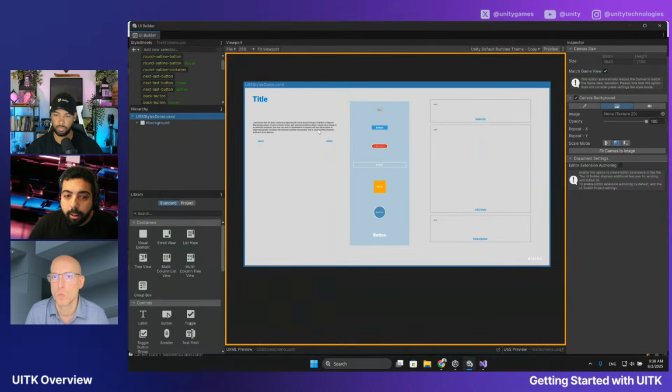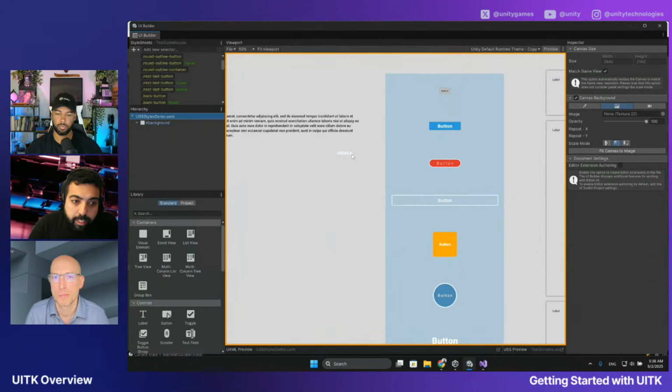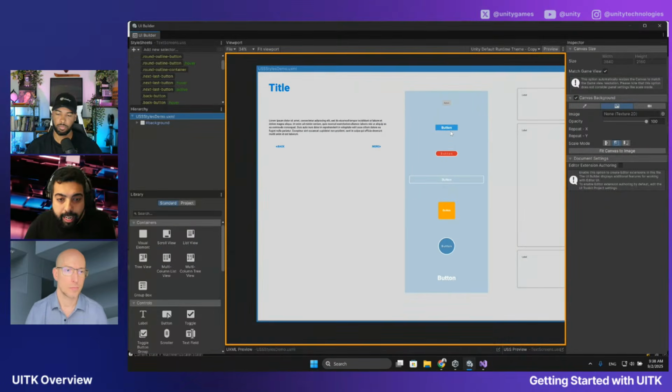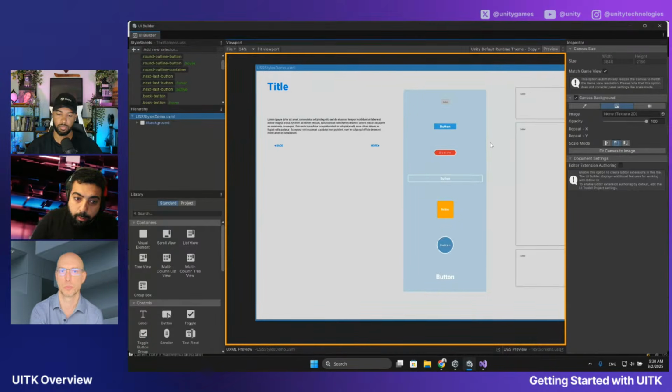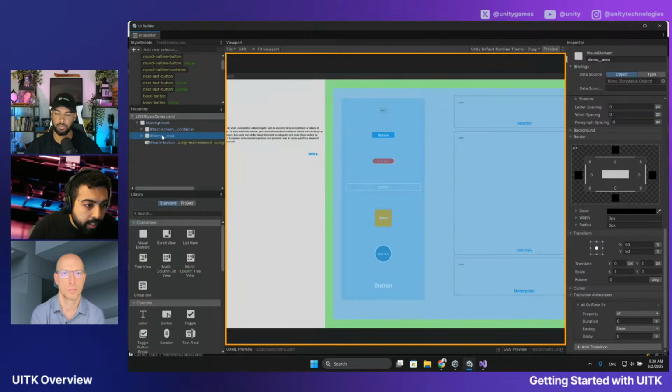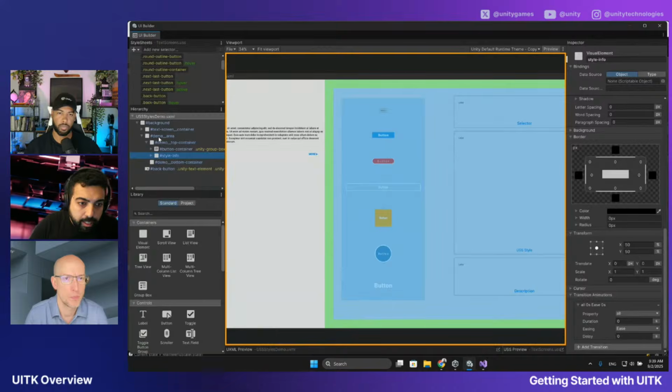Of course, some stuff like button clicks might not necessarily work because it's not the full game with the UI setup, but one thing you can do, let me see if we can find a specific button. Let's send this one over here, demo area, and